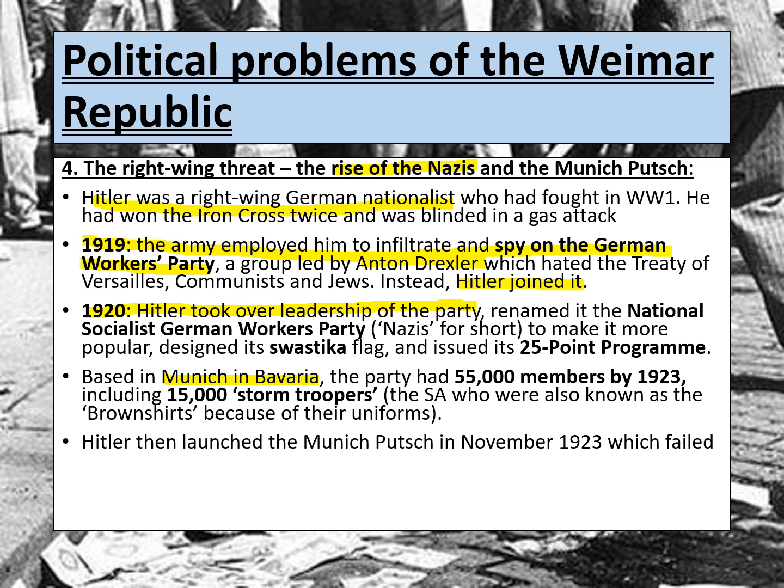And essentially the party had been growing between 1919 and 1923. In 1923, it now had 55,000 members, and it also had 15,000 stormtroopers, which we also call the SA, or the brown shirts, because of the colour of their uniform. So we can see that the party was growing, and that was one of the reasons why Hitler then decided to perhaps launch the Munich Putsch in 1923, as he felt that essentially he now had enough supporters to take on the government. But we're going to look on the next slide at why this failed.